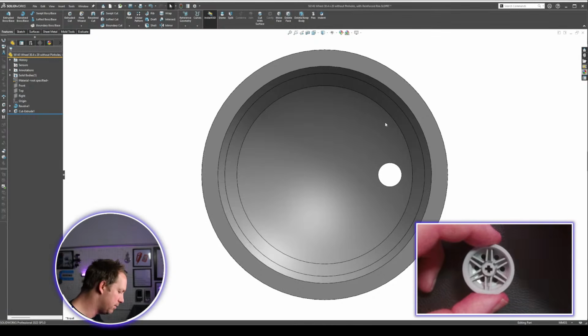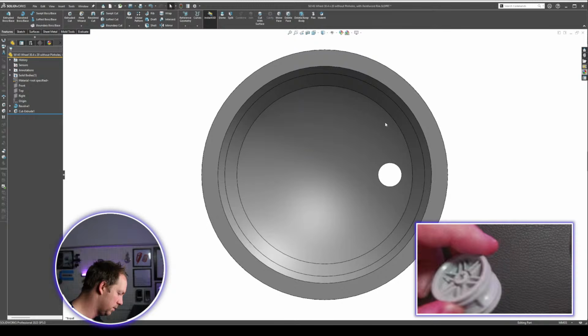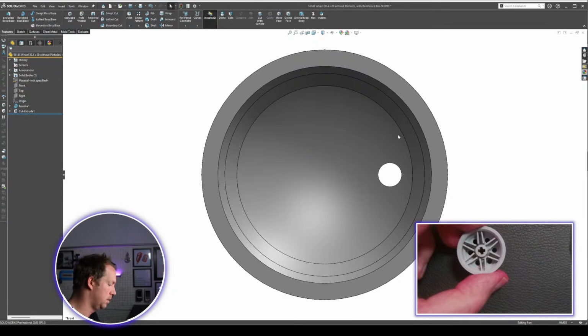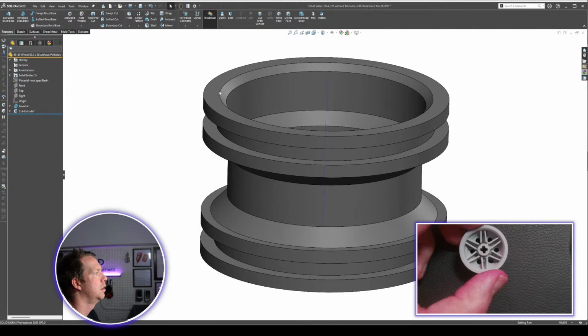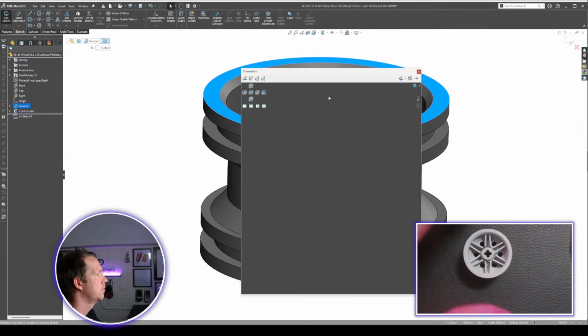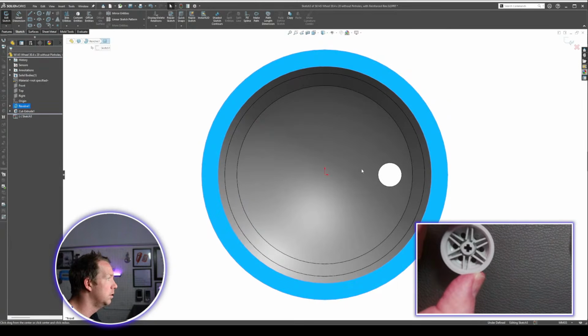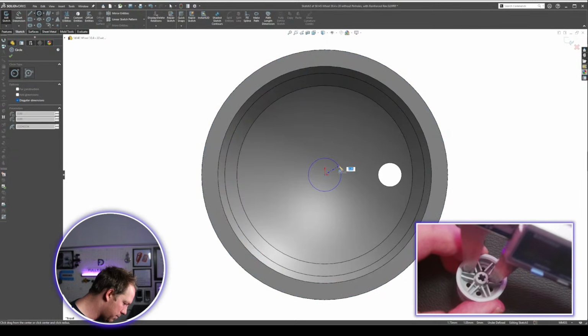What might be easier is if I do those afterwards. I'm going to use this face. I'm going to put in the outside shape, which I can measure,